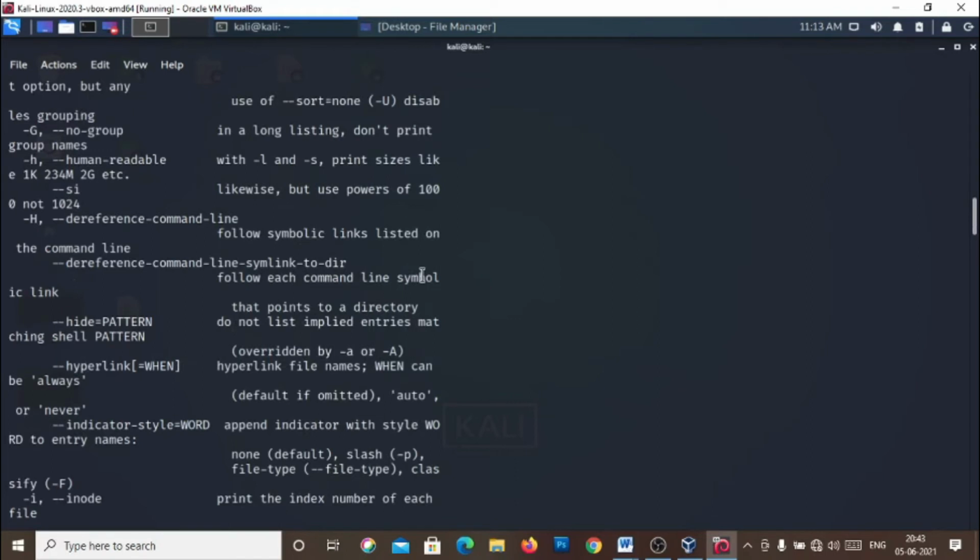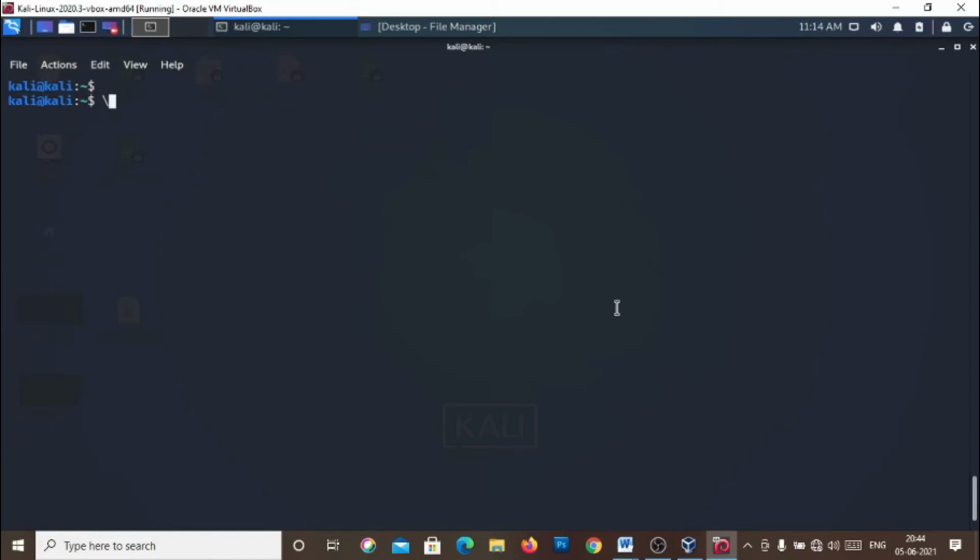Let me show you some of the most common options. And by the way, you can clear the screen with Ctrl plus L, or we can use the command clear.